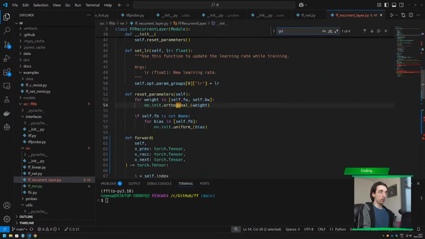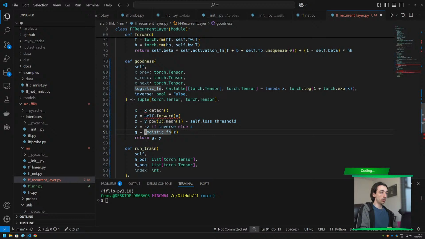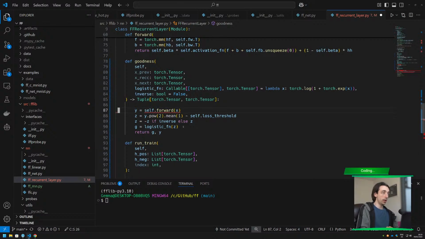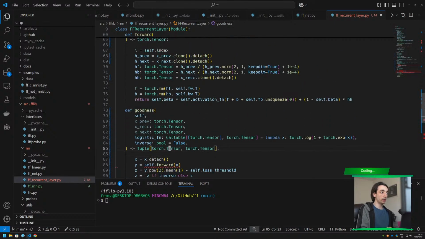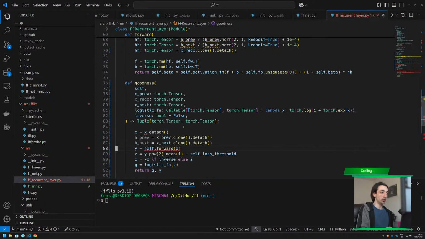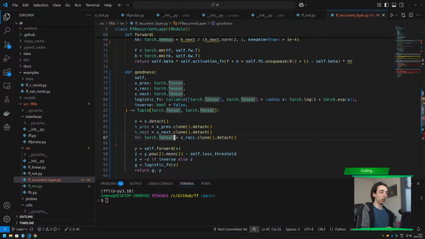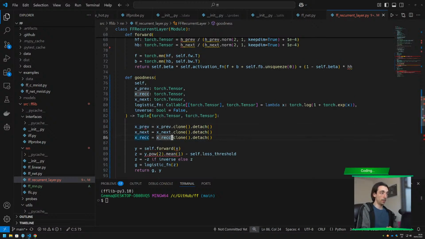Okay, goodness. It will return a tuple where G is the goodness. Why is this thing on the forward? And now instead of detaching and cloning here, I will just assume that you have cloned and detached it, because I don't want to be detaching it in this function. So you're assuming that essentially you have done this, and then